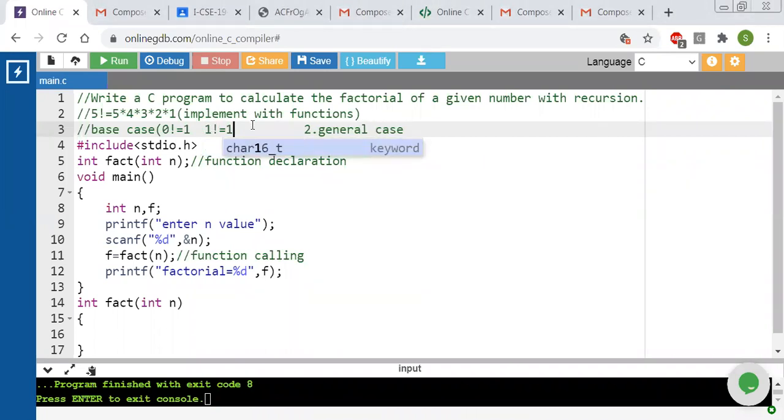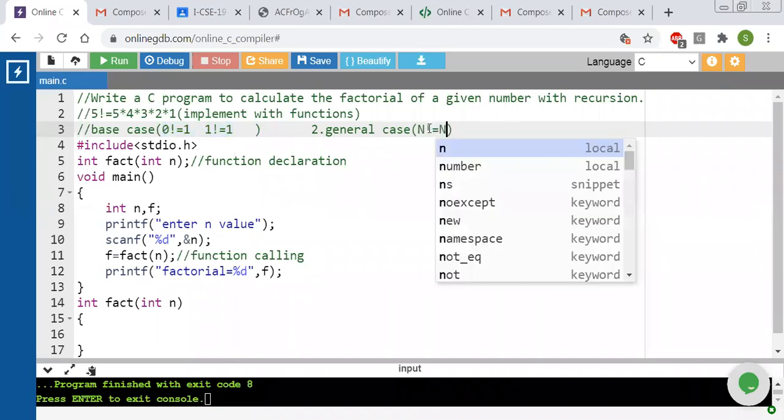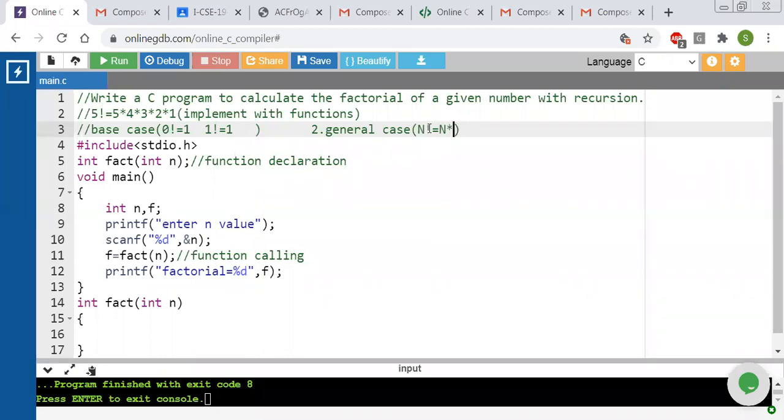These two come under the base case. The remaining, that is n factorial, comes under the general case. Only these two will give results. So what is the value of n factorial? n factorial is nothing but n into fact of n minus 1.